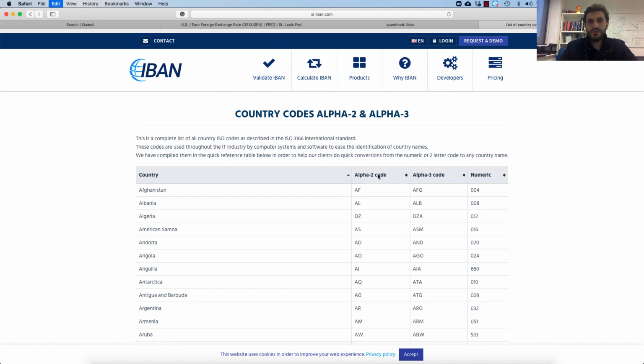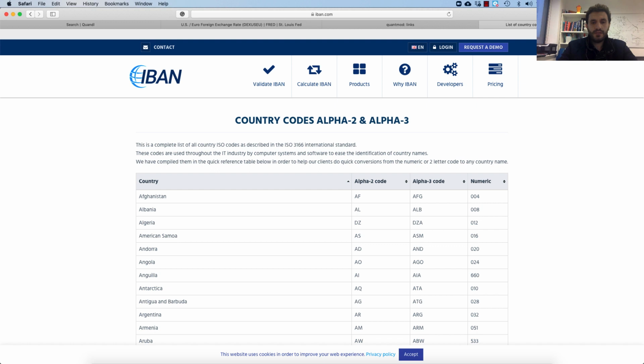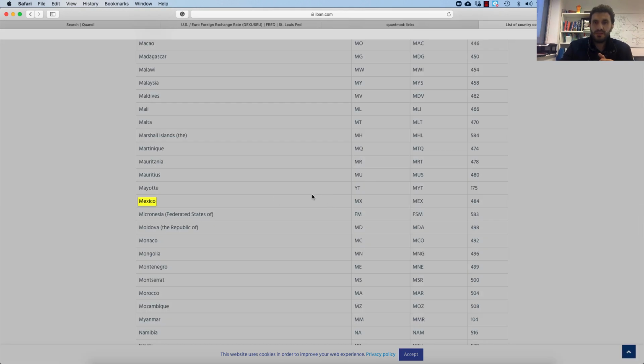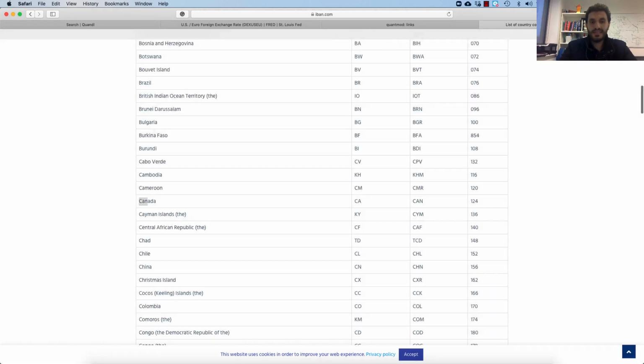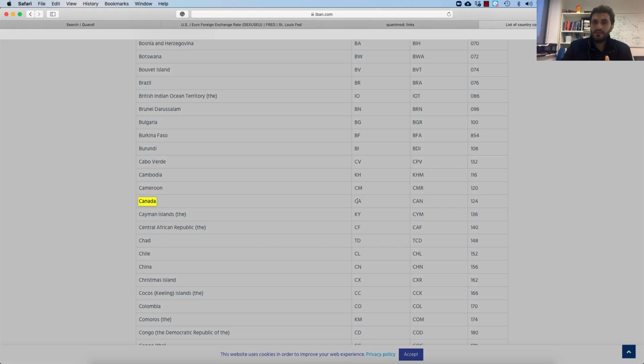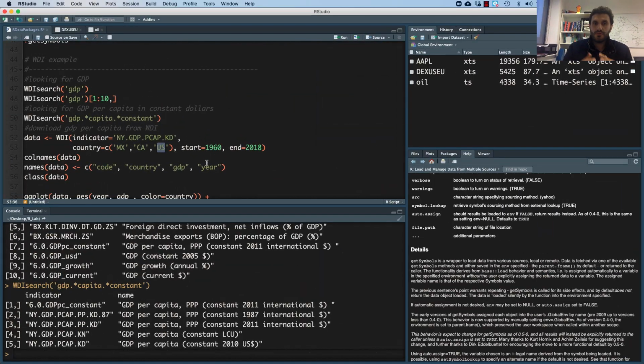So if I want Mexico, just search for Mexico, for example, and you can see here Mexico, it's MX. If you search for Canada, again, it's CA. So you can find out the codes for the countries you want to download